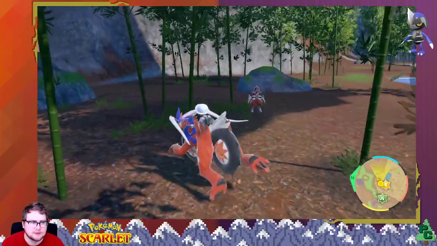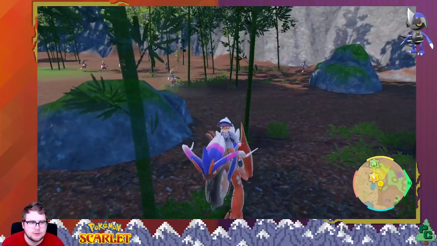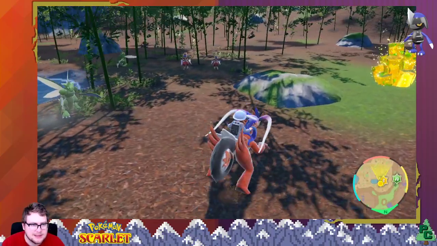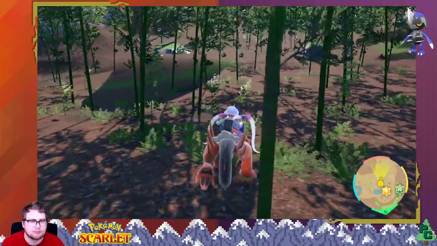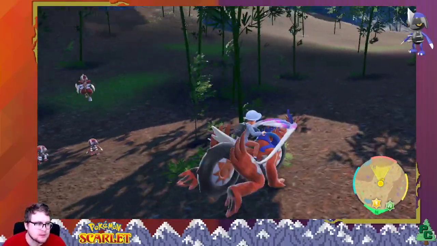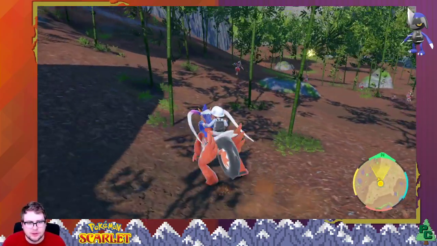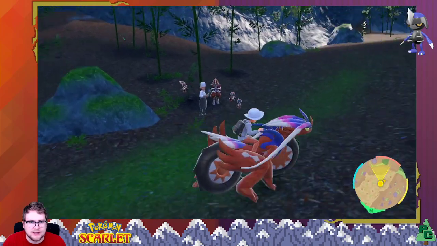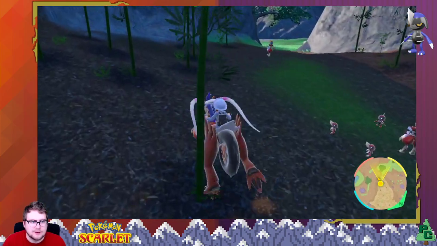Let's see, where are we at? We have 10 minutes left, so that's pretty good. One thing we'll have to do as well is capture one of these Bisharp that are standing in a group of Pawniard, so that we can get the item, King's Crest or something, I think is the item name. So we'll just need to do that in order to,